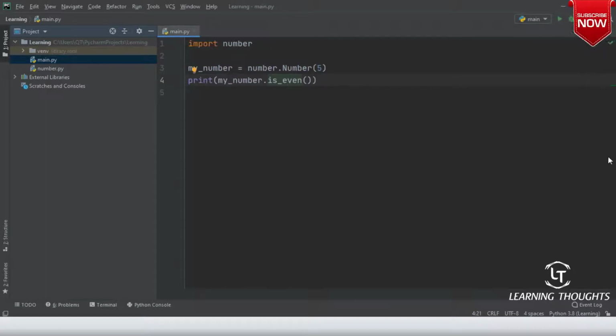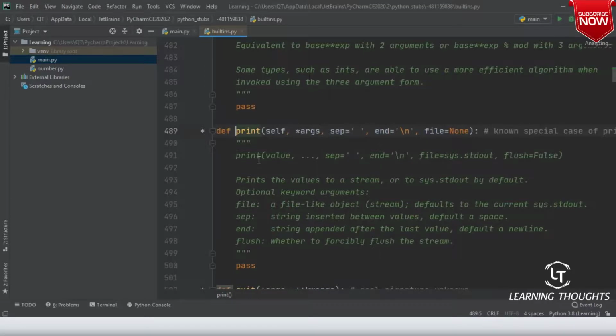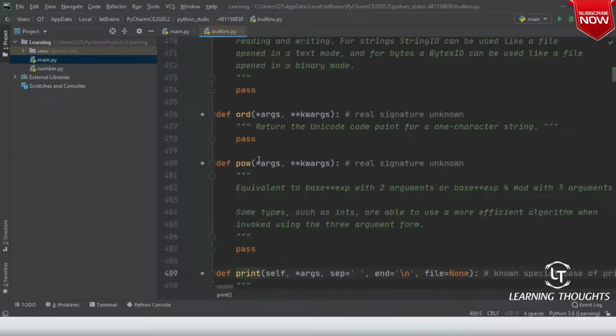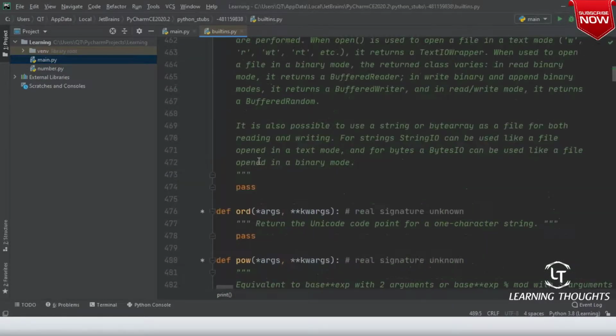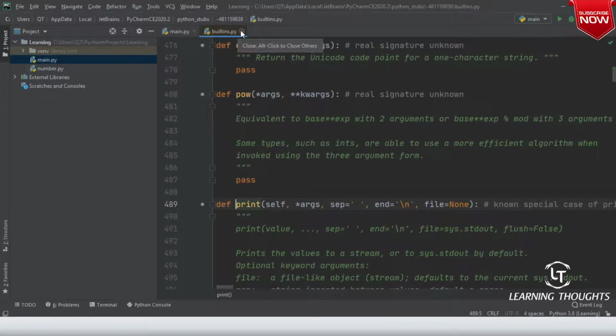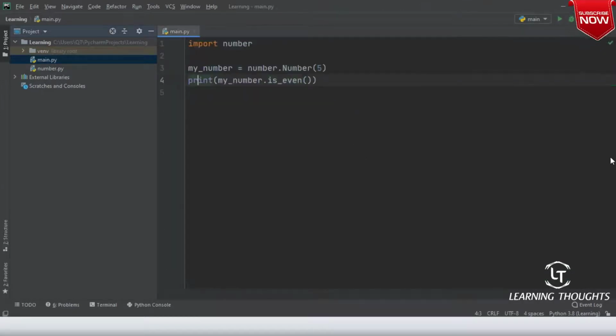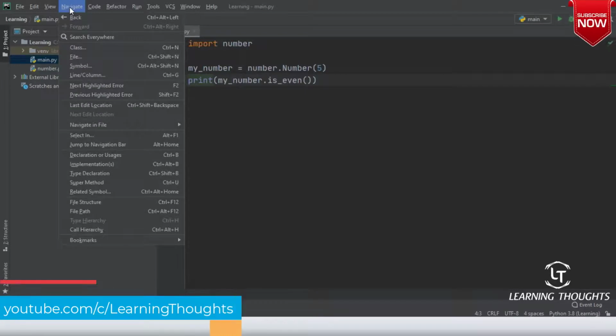So you can go into your existing methods also. Are you seeing? These are the methods which are defined by Python. It still gets into that code and tries to show you at least the documentation of it. So are you able to navigate? All of that navigation comes from here.